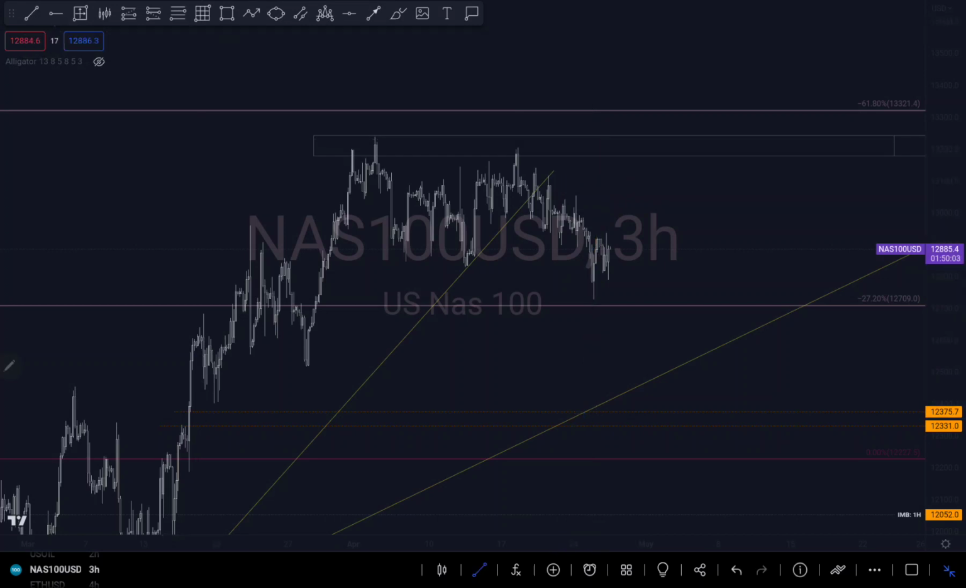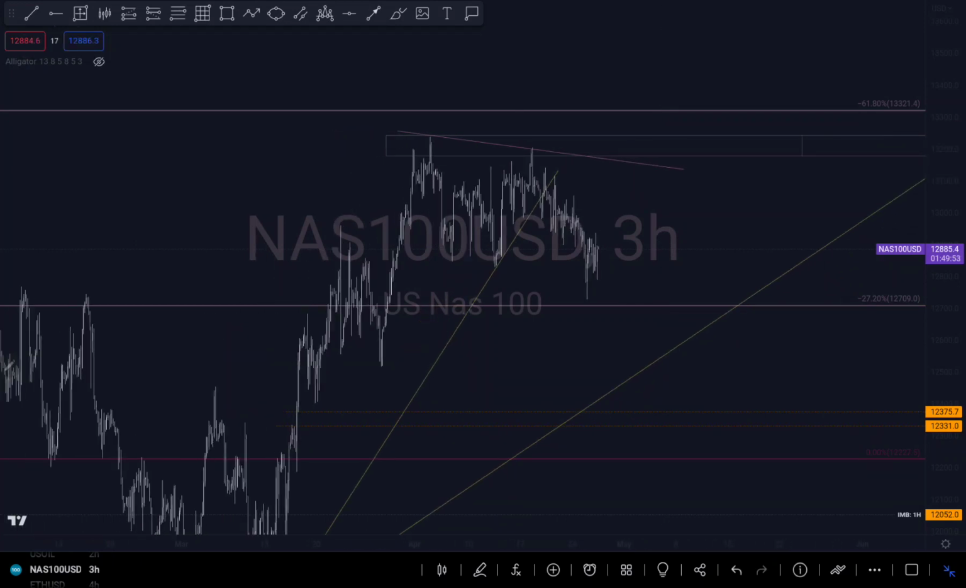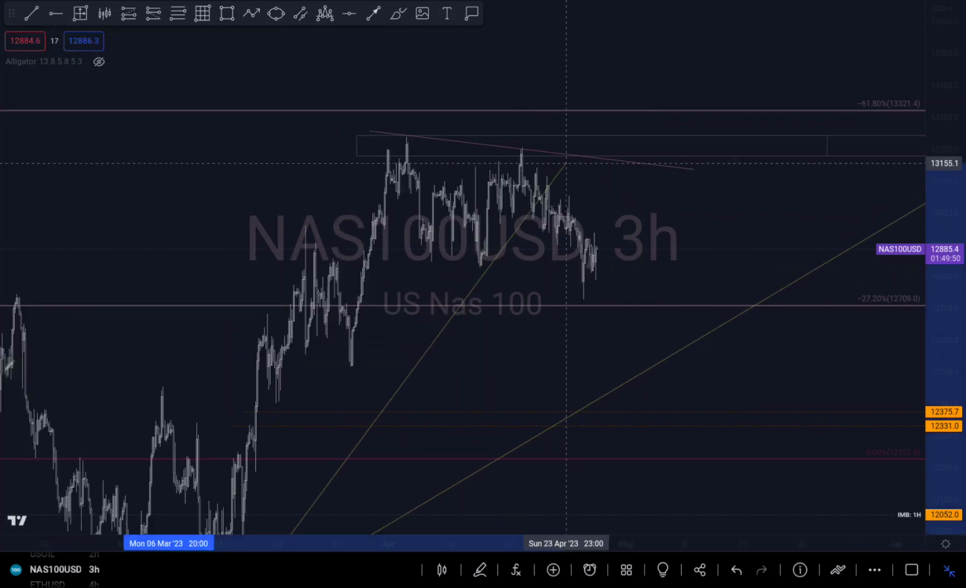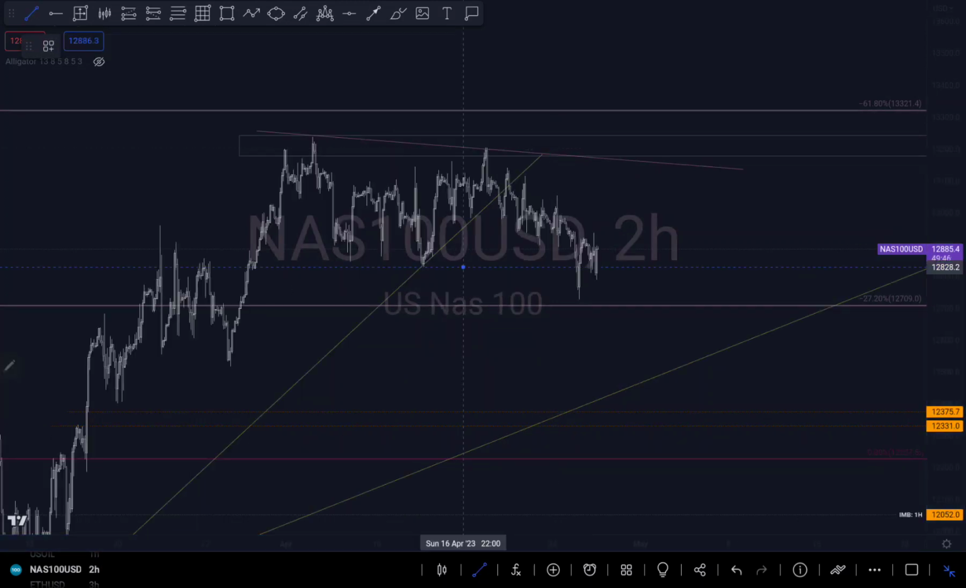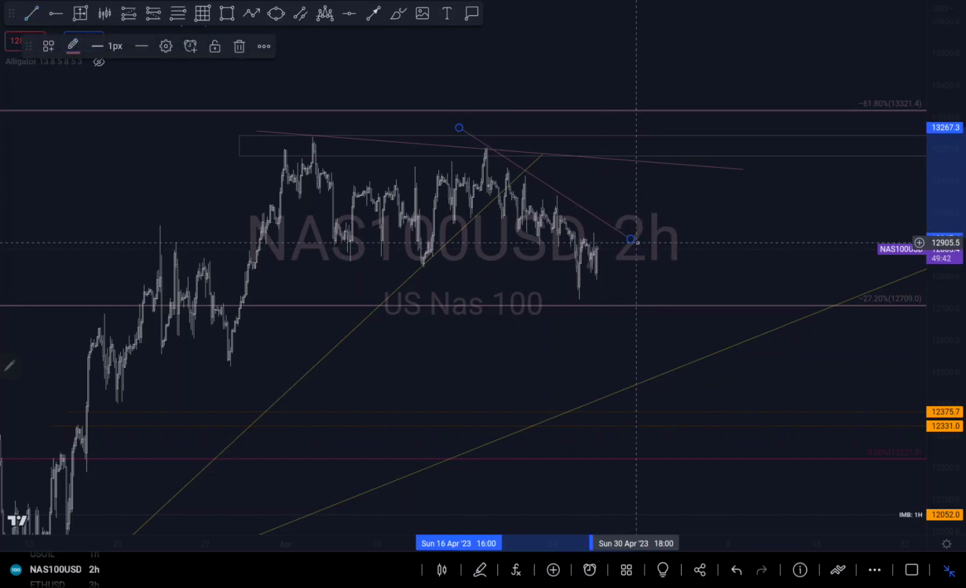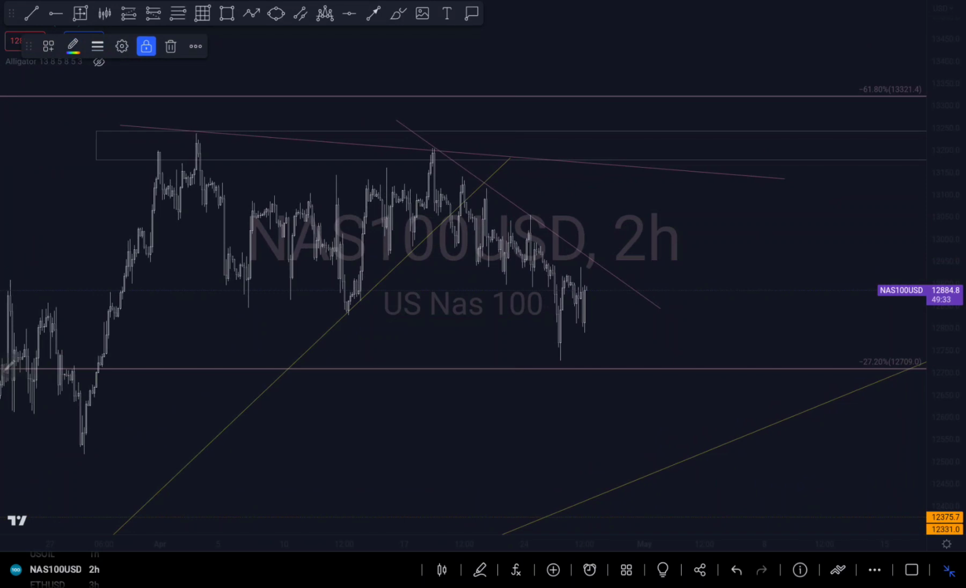So let me delete this one. We can draw a trend line right at this level right here, just to give us a little bit more clarity of what's next. So let's see what's next on this. I can go to a smaller time frame just to draw a trend line as well, just to see what's next, because right at this level right here I can see a little bit of push momentum at this level, a little bit of